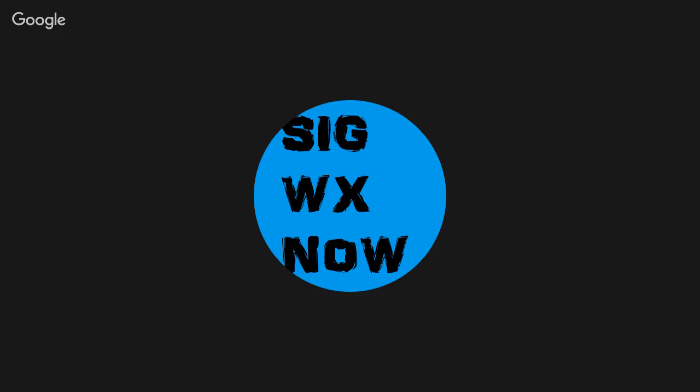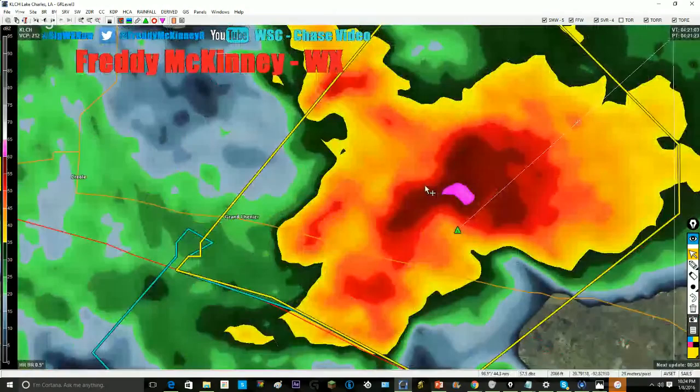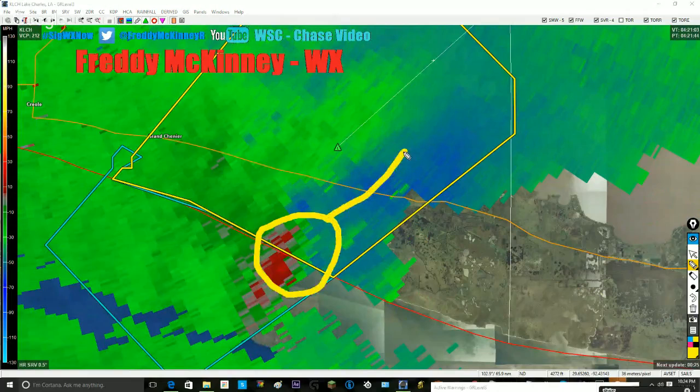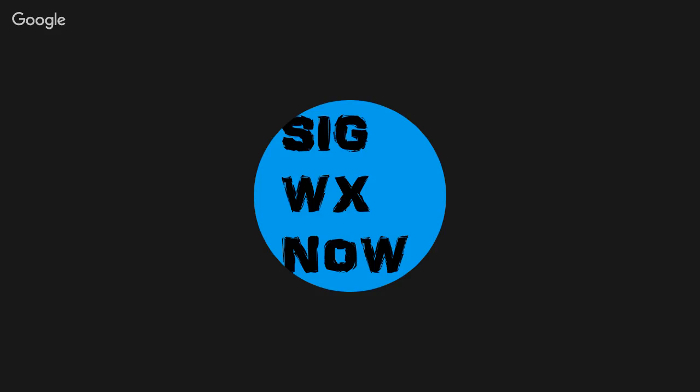Also, there's a cell at the shore here to the west of Grand Chenier, and the radar has not updated for some reason. Way down here, there is a couplet. Highlight here. This is where the couplet is, tracking off to the north and east. So, area of rotation tracking to the north and east. The good news about the storm is it's not heading towards any population areas for a long time. But later on, it's going to be in the path. Also, strong rotation is indicated with